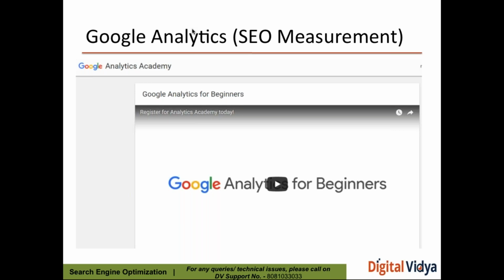And second is to measure your website traffic, which you can do through Google Analytics. We have a separate module with Digital Vidya for Google Analytics, and I'm sure people who are part of CDMM must be having a session about analytics, right?